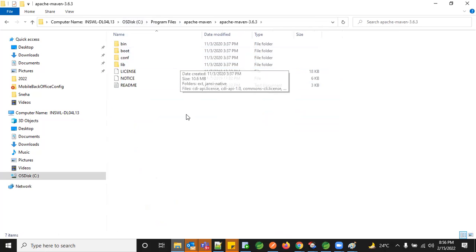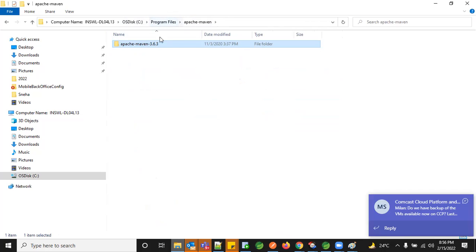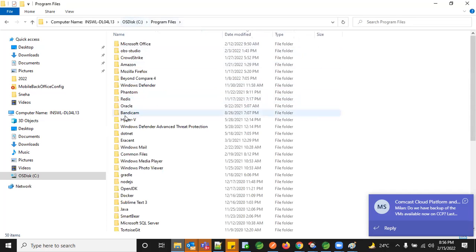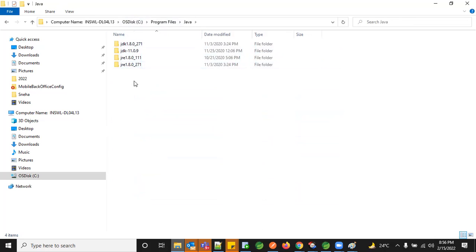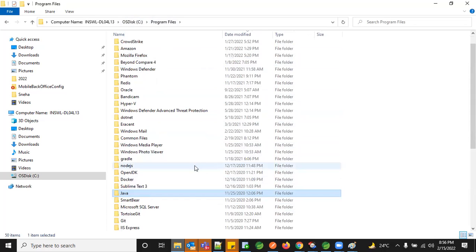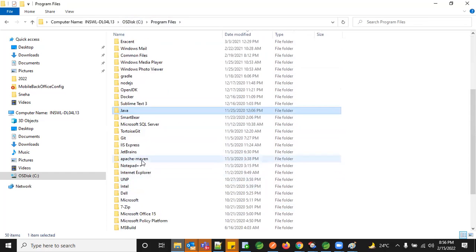In this, you have to install it under program files. It's a zip file. Once you download, extract and install it under program files. Like where we placed our JRE, JDK, the Java folder, right? Under program files you have something called Java, where you have installed your JDK and JRE. In the same way, try to extract it under the same C program files, and that gets installed as Apache-Maven.